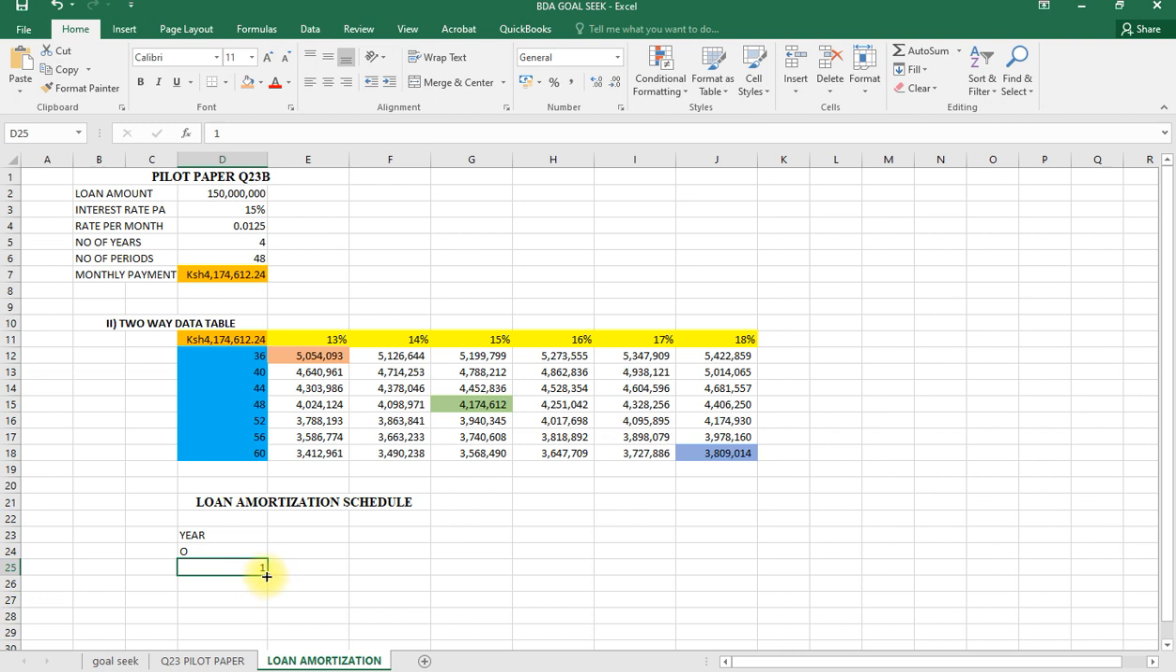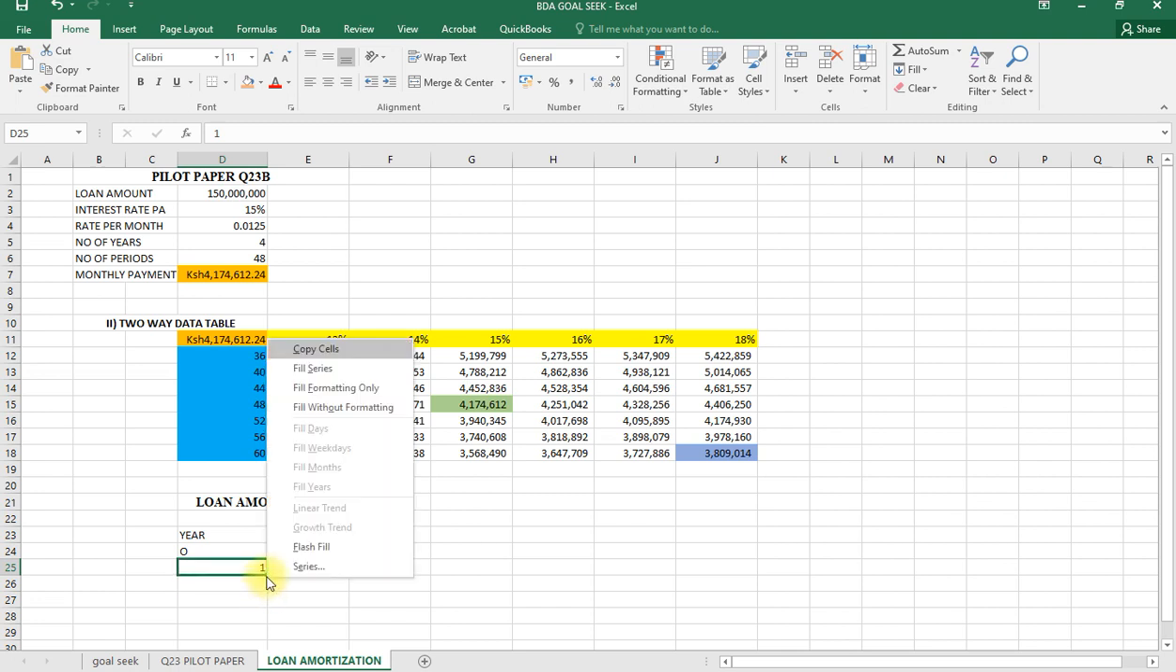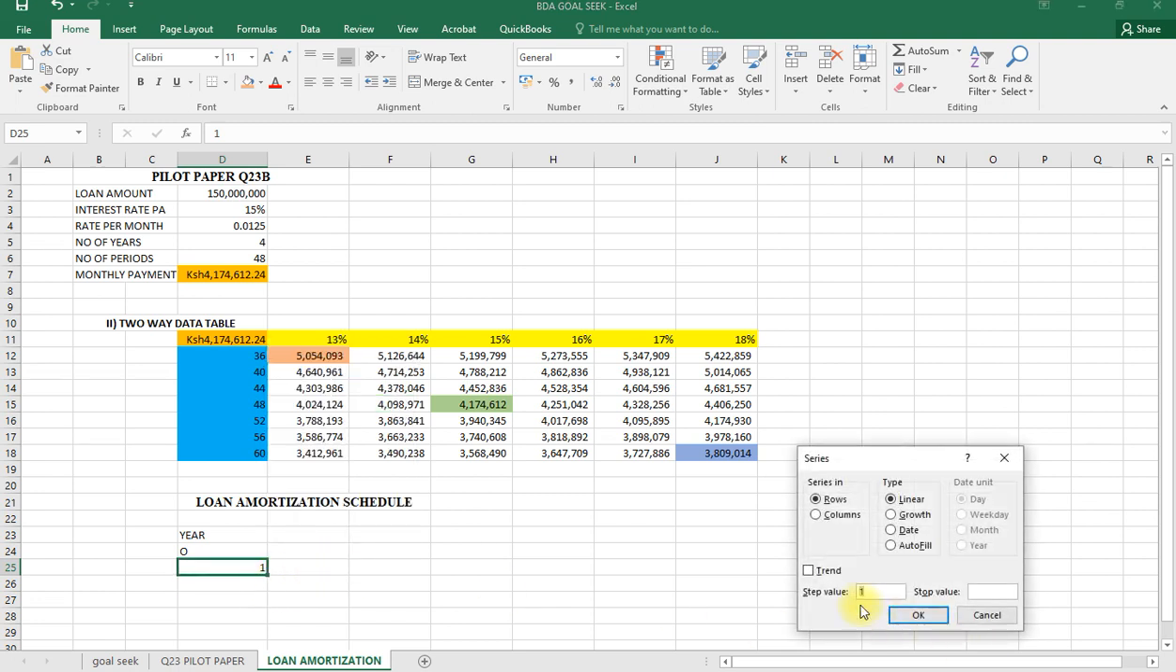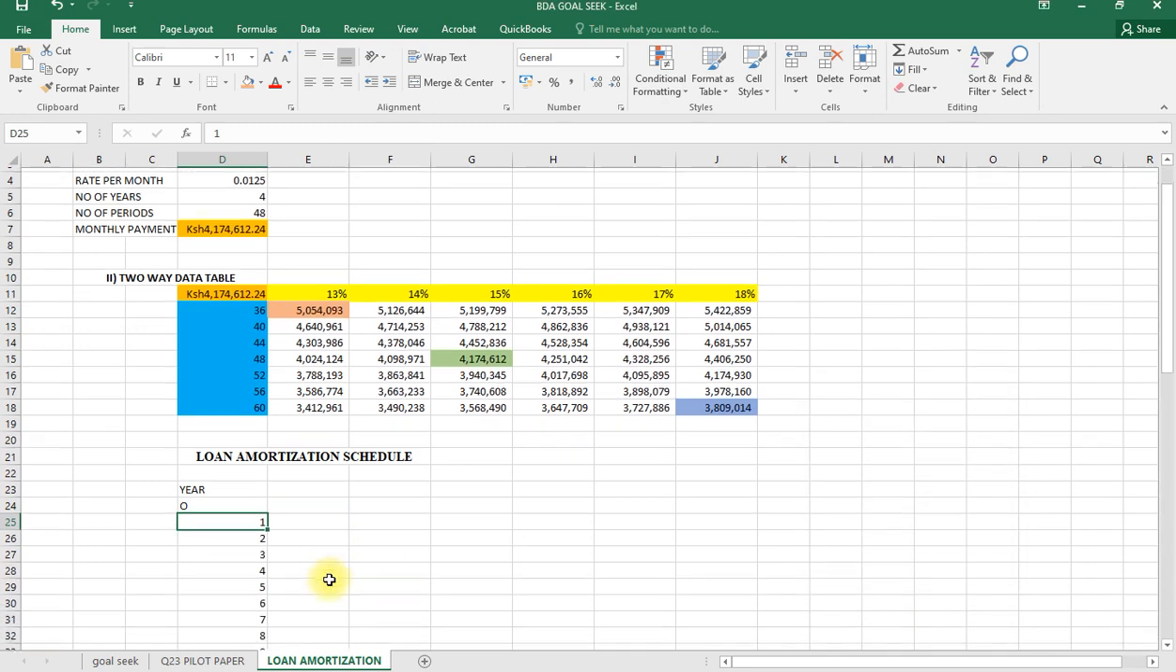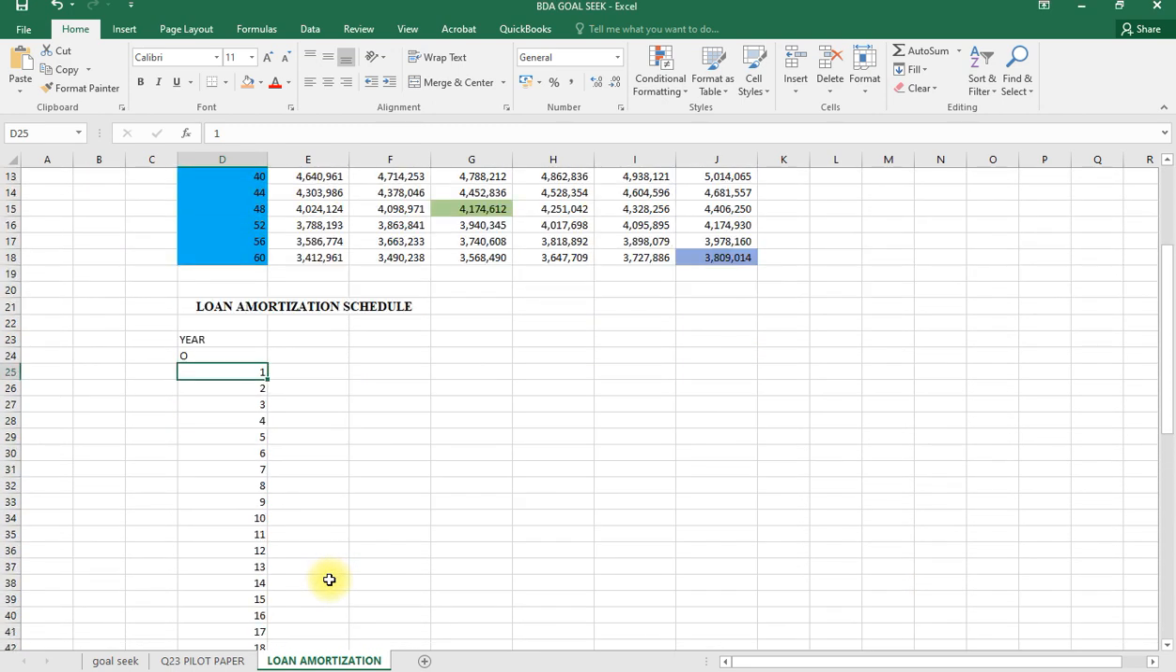Okay, right click, come back, series, need 1 as a column. The stock value is 1 to 60 months, or I can deal with the initial. The initial one, let me use 48, the initial one for 48 months, that way. That is our years, and then here we shall have the installments,